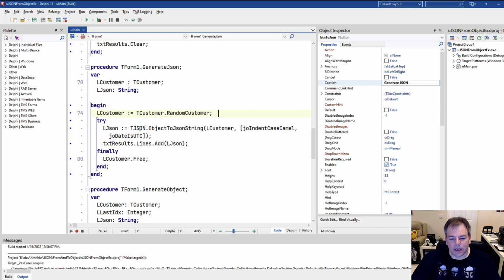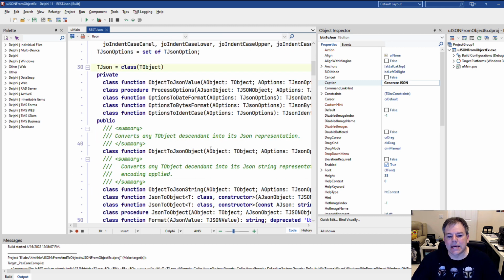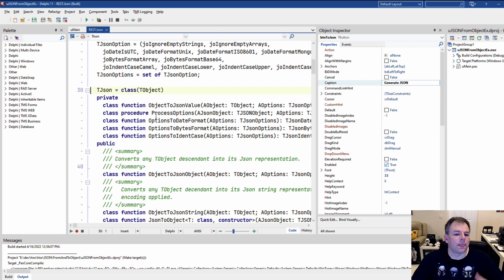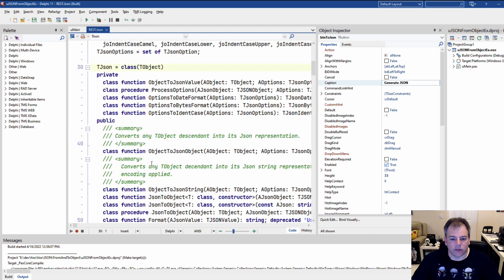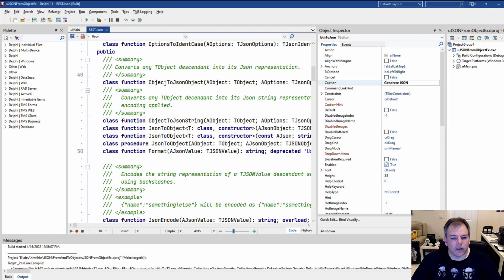And the TJSON class, I would think, let's look at it. Yes, it's derived from the object. That has all the methods that we need to generate JSON. We can say ObjectTo, and we go into the public, we don't go into the private stuff. So you here have ObjectToJsonObject, and we have ObjectToJsonString. Forget about JSON object at first. Let's do the ObjectToJsonString. That creates, of an object, a object.